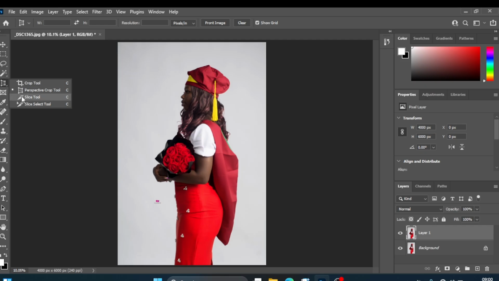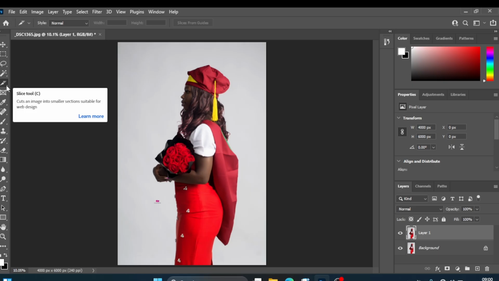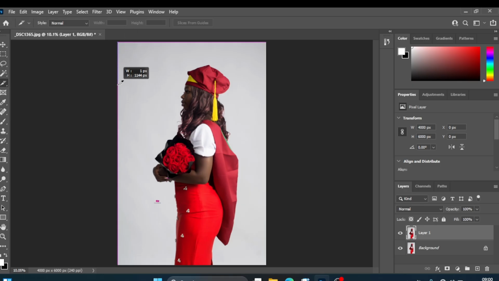Next one here is the slice tool. So let's read about it first. Used to cut an image into smaller sections suitable for web design. So let's start. Cuts. That's the first cut. Let's cut another one. Cut. As you can see,